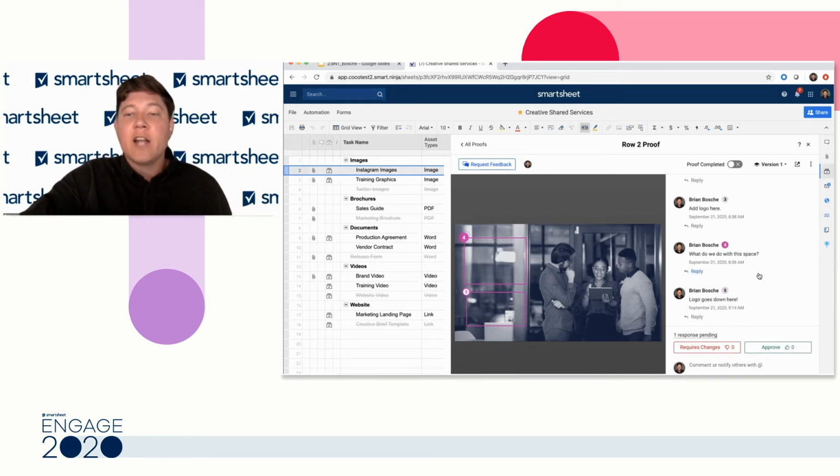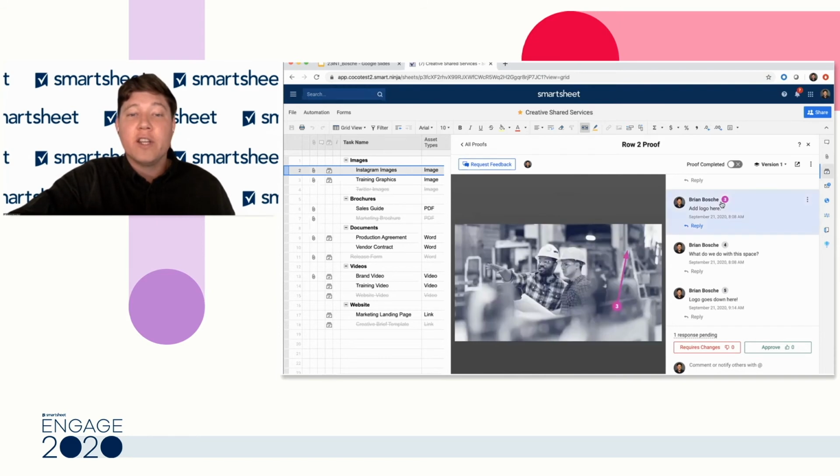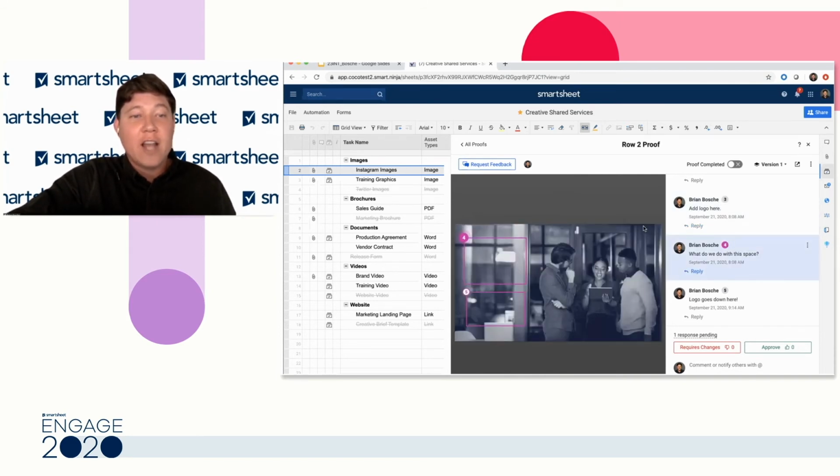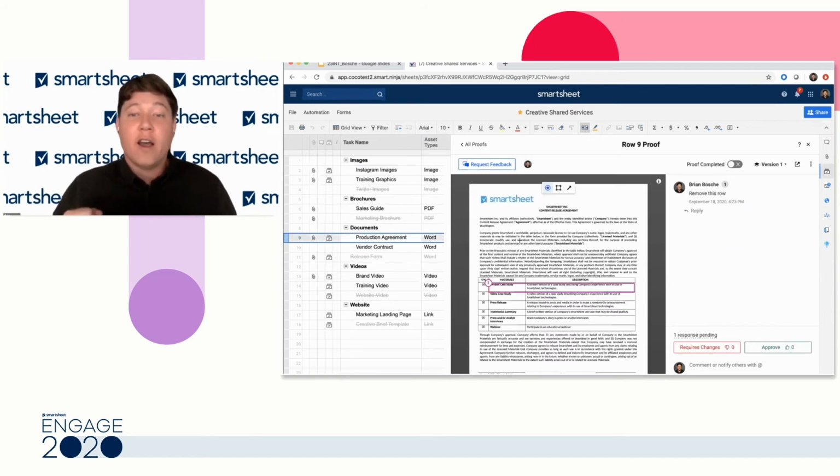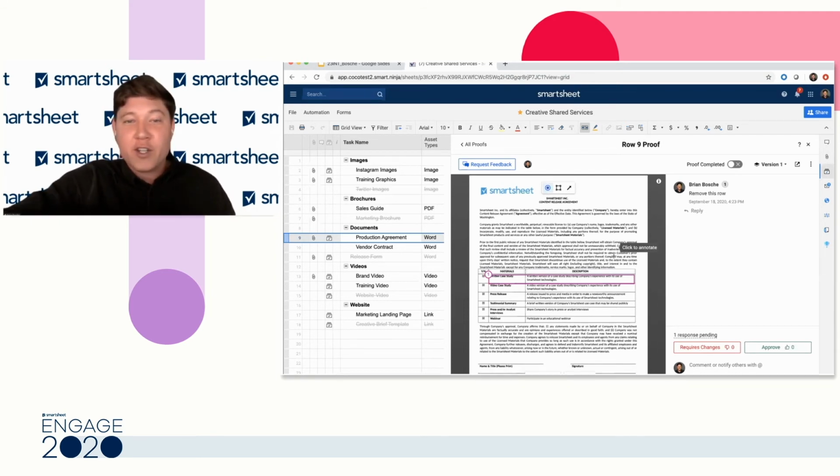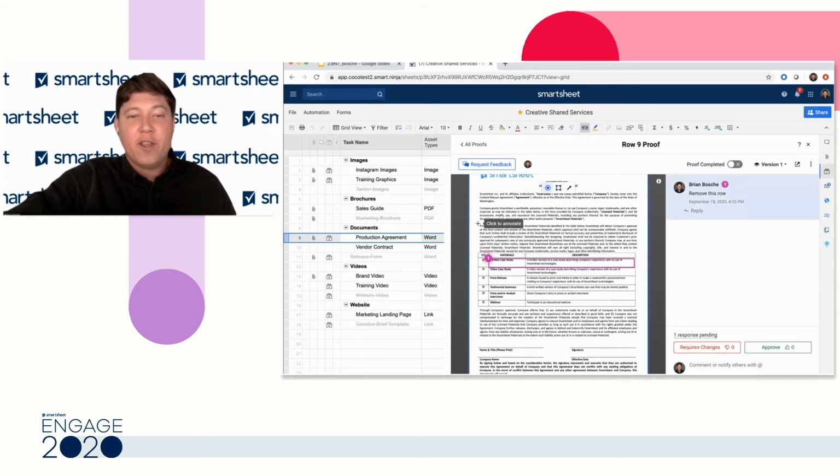This makes it really easy to collaborate with your team if you want to add in your opinion, add whatever kind of description you'd like directly on the asset, so it's super clear where you're actually making your comment. Now you can do this on an image and multiple images. You can do this now on Word files. So you can do this across different Microsoft Office documents, including Word docs, PowerPoint, spreadsheets, where you can upload a document, if it's a vendor contract or a production agreement, and you can still take advantage of all those commenting and annotation features like you see here. Whether you want to outline a specific area of text with a box annotation or point an arrow to a specific place on the asset.